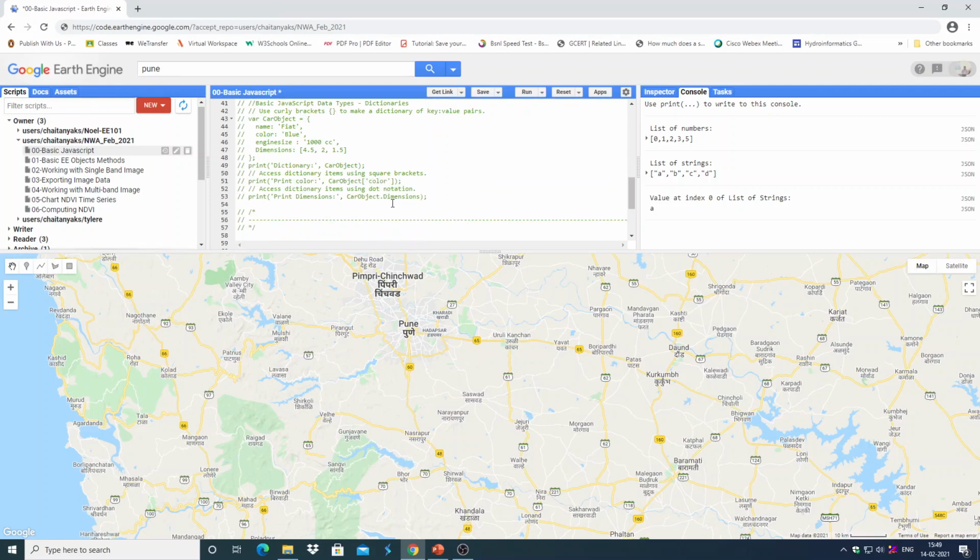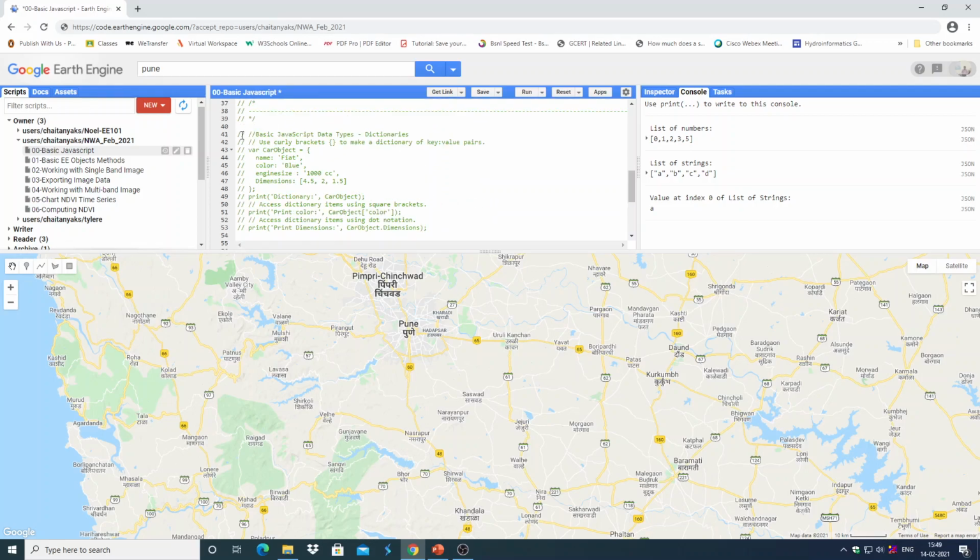Then the next basic data type is dictionaries. I am uncommenting. For declaring dictionaries, we use curly brackets, and in dictionaries the key value pairs are declared.